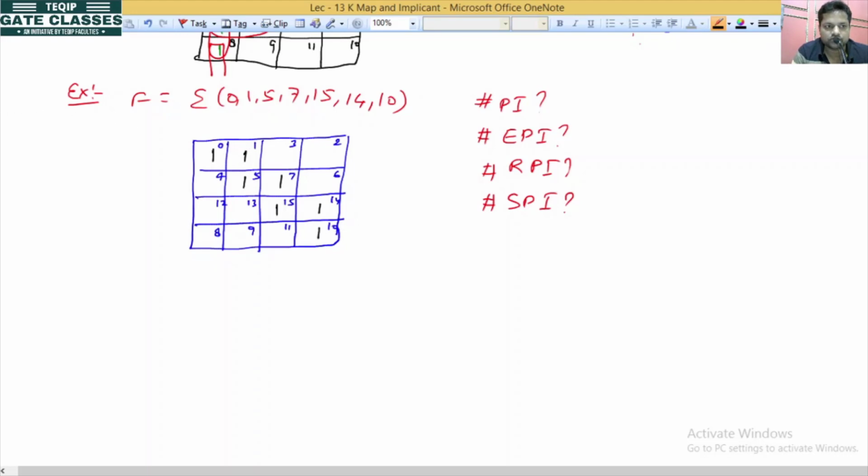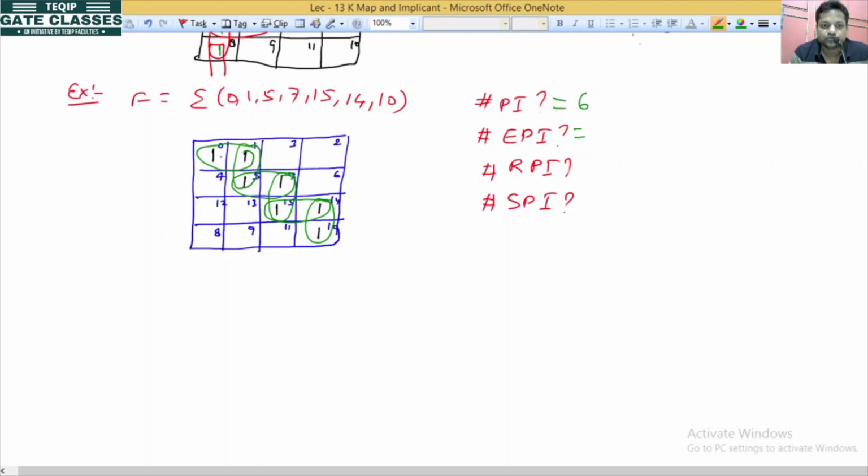In this case, when we perform grouping, we have to group this one, this one, this one, this one, this one, and this one. Okay? Any other grouping possible? No, not possible. So how many PIs are there? It is equal to the number of groups. So 1 group, 2, 3, 4, 5, 6. 6 groups are there. So the number of PI is 6.